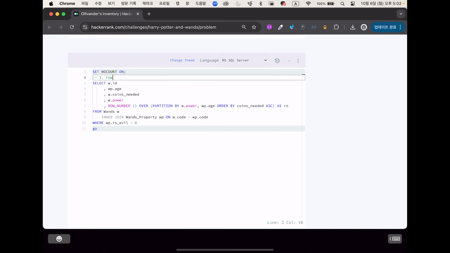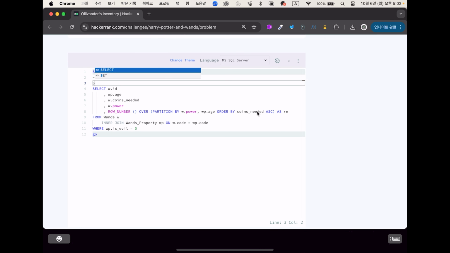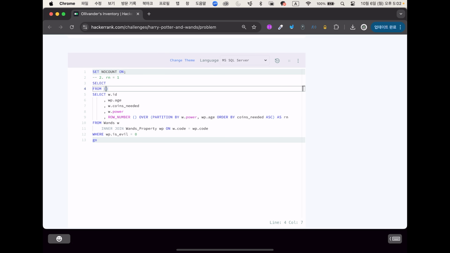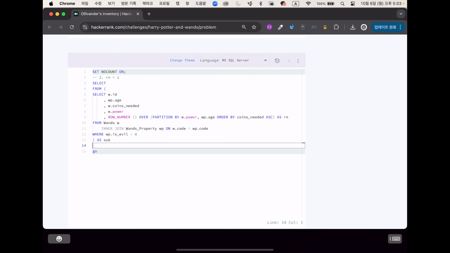So we did the first step, and the second step we have to do is we need to find only the row number that is only the one. That is what we want to find, the cheapest one. We can't use a row number in this query, so I'm gonna use a subquery. Select from, and I'm gonna call it subquery. So what I'm gonna do, I'm gonna do it where rn is